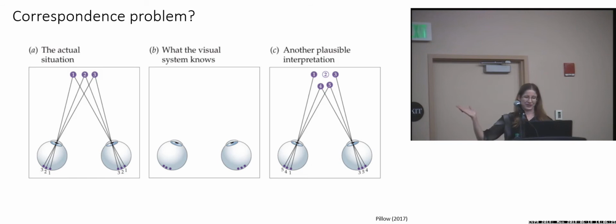There's even more solutions than this, multiple dots. It's the same issue as all the correspondence problems that I discussed with motion. Many, many solutions, no single answer that's correct. So if you're designing a visual system with stereopsis, you could impose a lot of assumptions that would help you